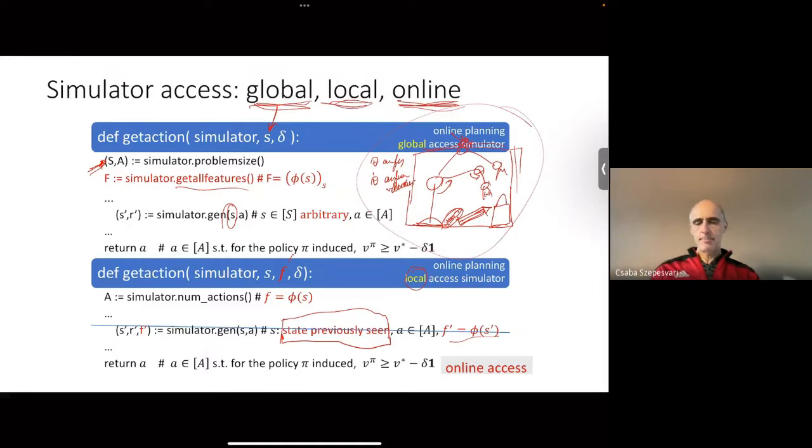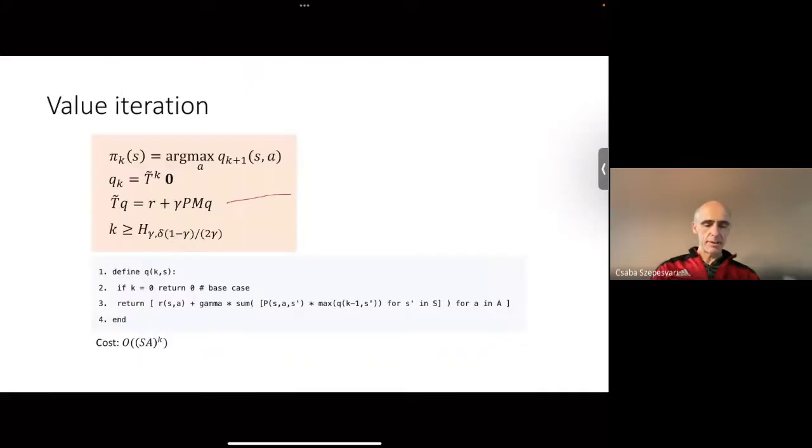All right. So now the algorithm that we are starting from is just good old value iteration. So we want to do the local planning. And we start with value iteration because we know value iteration. It's able to calculate good policies for you. And the realization is that you can write value iteration in terms of this Bellman optimality operator acting on action value functions.